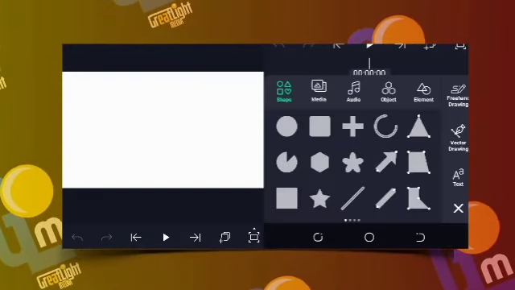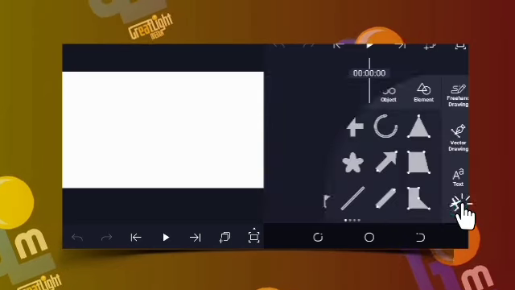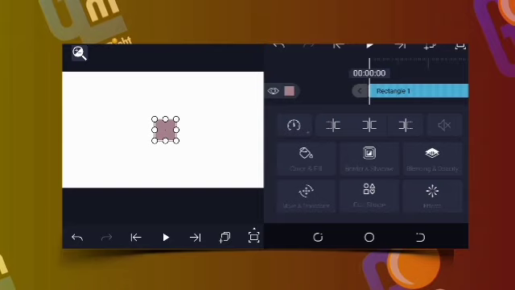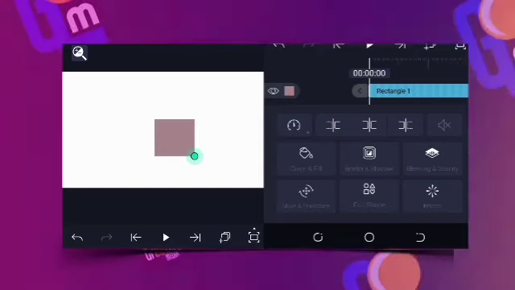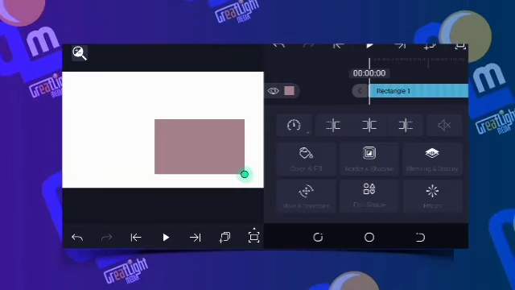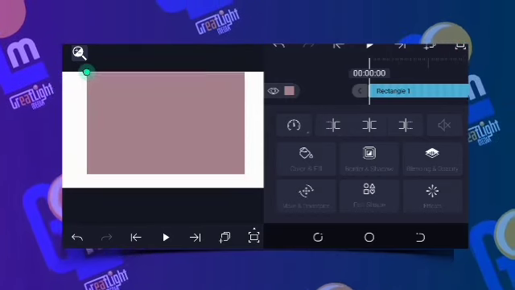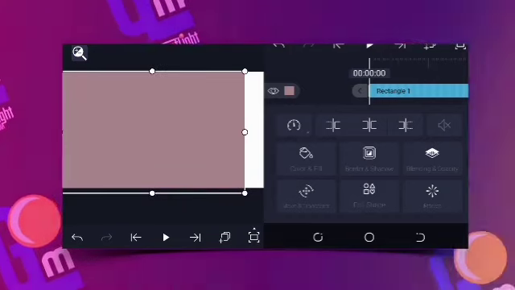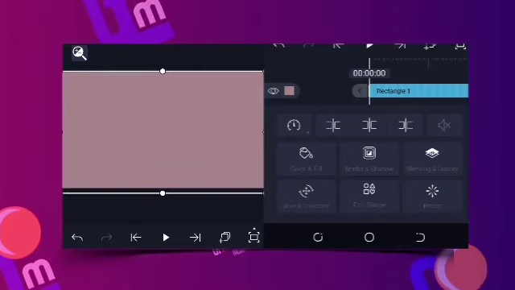Now the first thing you're going to do here is to create a background. So we're going to create a background. Click on the plus sign and then click on the square shape. So you can of course adjust the square shape, and to adjust the square shape you can click on any of the endpoints. So I'm clicking on this endpoint and clicking on this endpoint. It can be up, it can be down, it can be side, whatever ways that will be convenient for you. Alright,